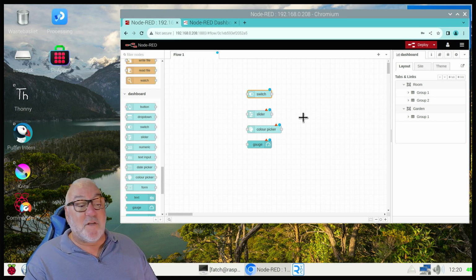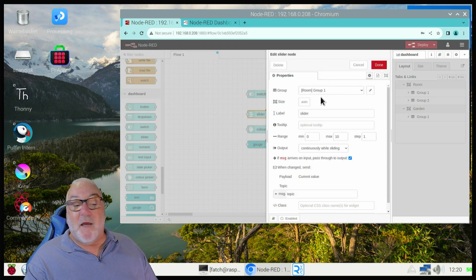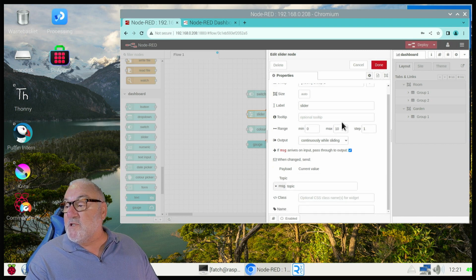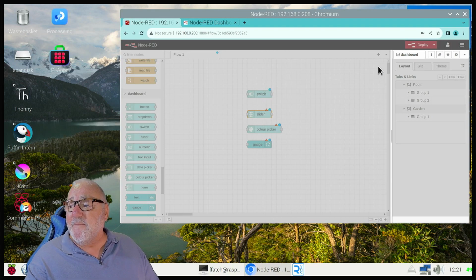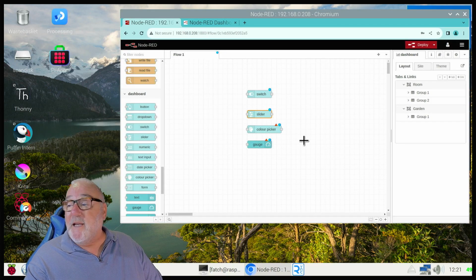Now we're going to do the slider. Again, we want the slider in room group 1. We have got different options here, but we'll look at them in future projects. We're just building a simple user interface. And we click done. The next one we need is the color picker,